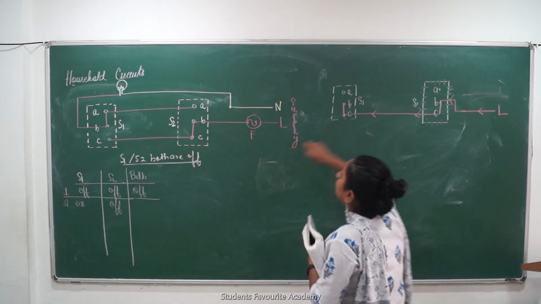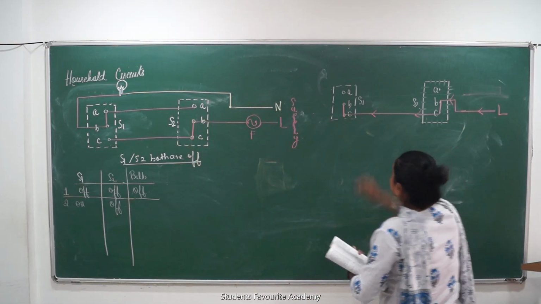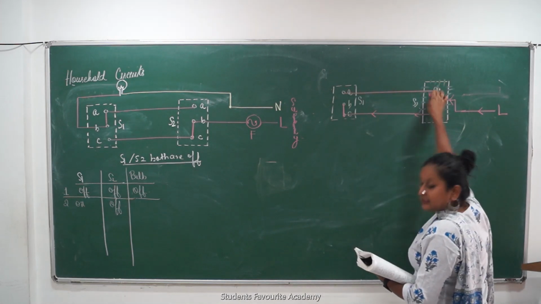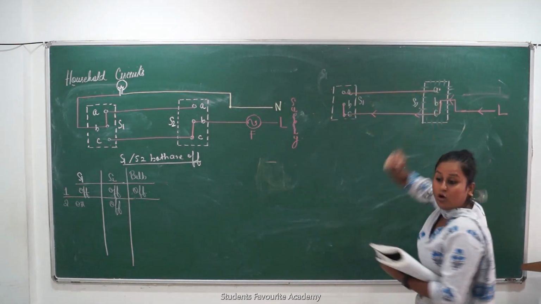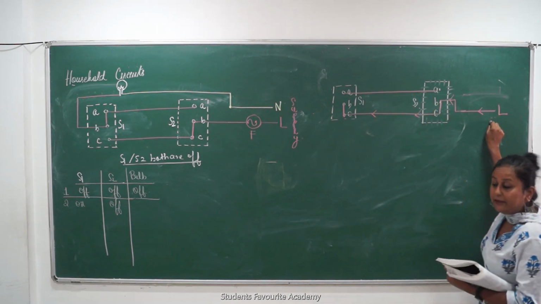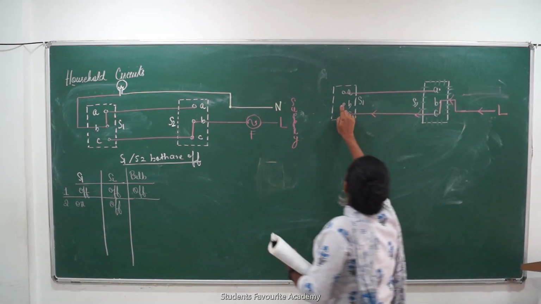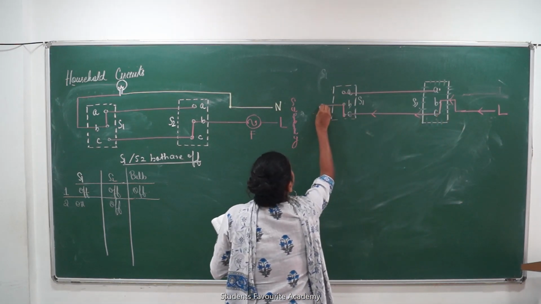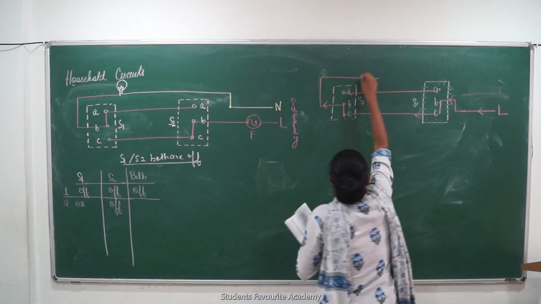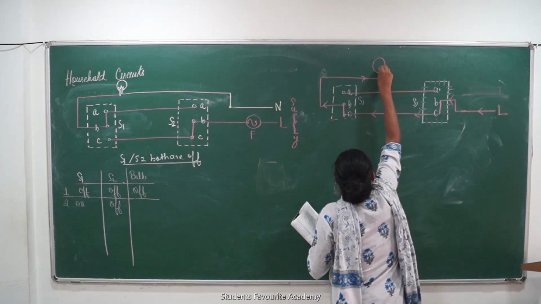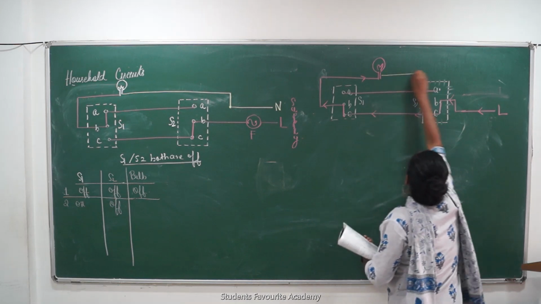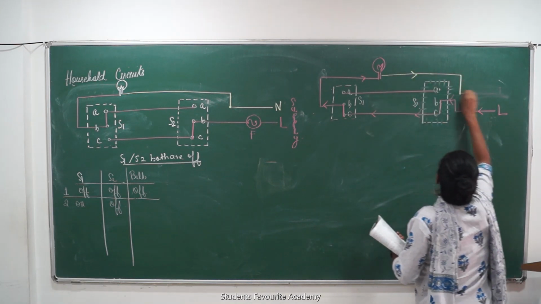BC is still off. So the loop that will be formed here is these two will be connected to each other now. Will any current flow through these two? No, because it's not connected to the line. Who is connected to the line? B, C, C, B. This will go outside. This will stay in the loop. This will turn the bulb on, and this will flow back to the neutral wire.